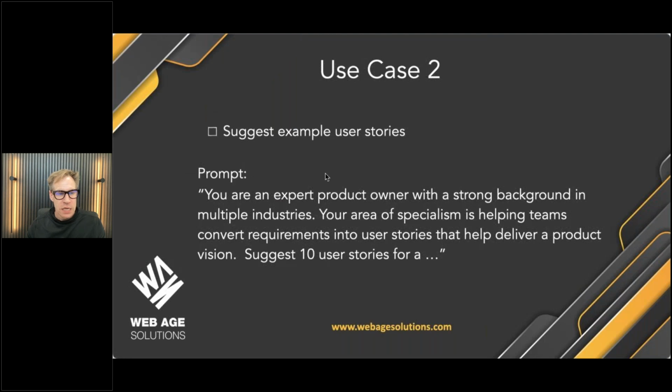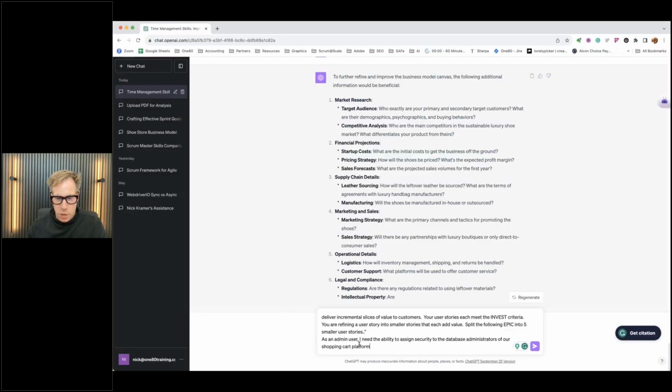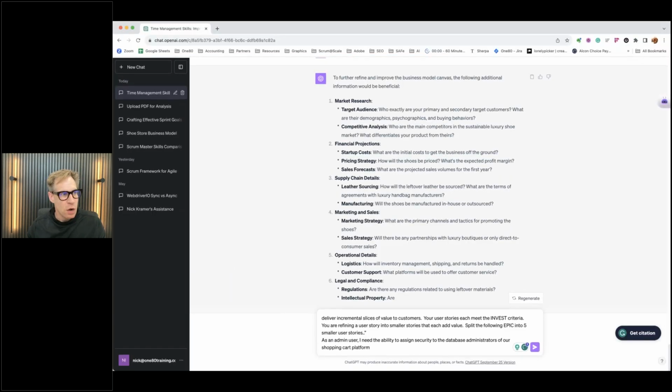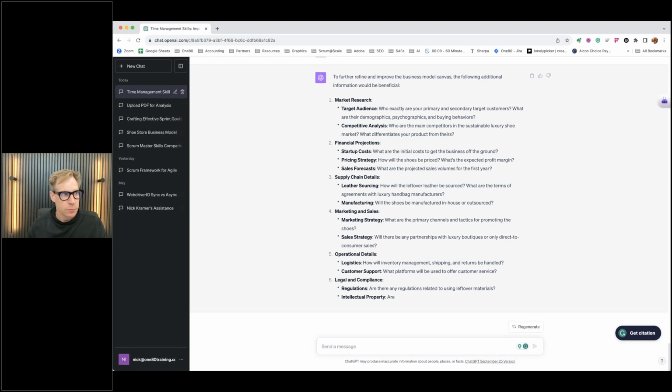Here, let's drive over to another use case. Oops, showing you my presenter notes, showing you the magic. This one here is create example user stories. I am a product owner, and sometimes writing user stories can be a bit tricky. So let's put a prompt in there to write some user stories. Sorry, screen is hiding my. All right, in this case, I didn't cut that out right, sorry.